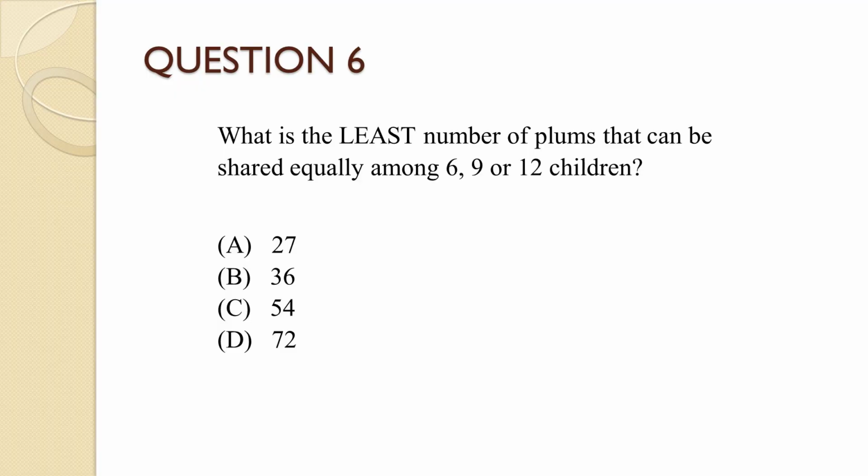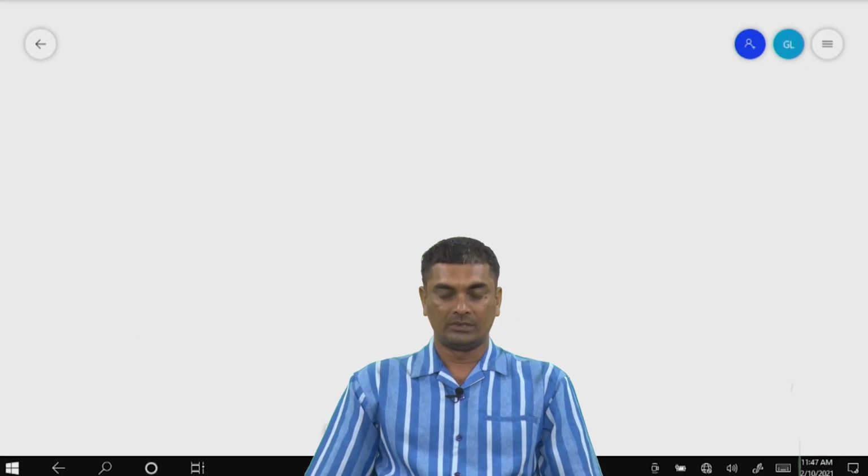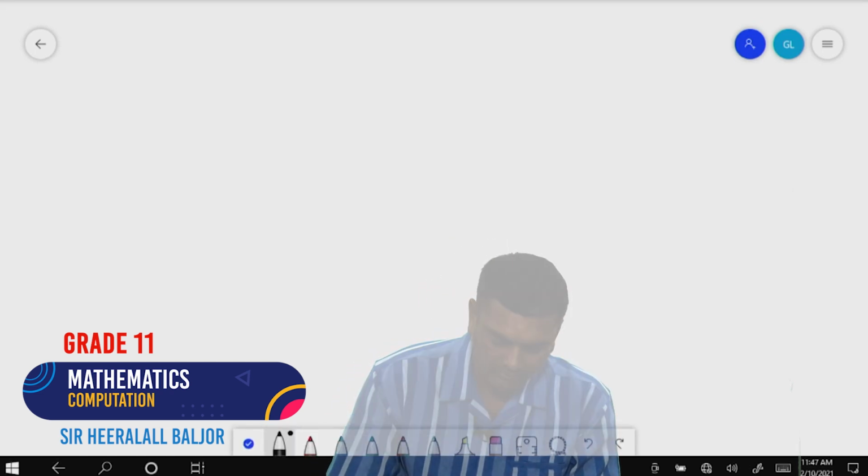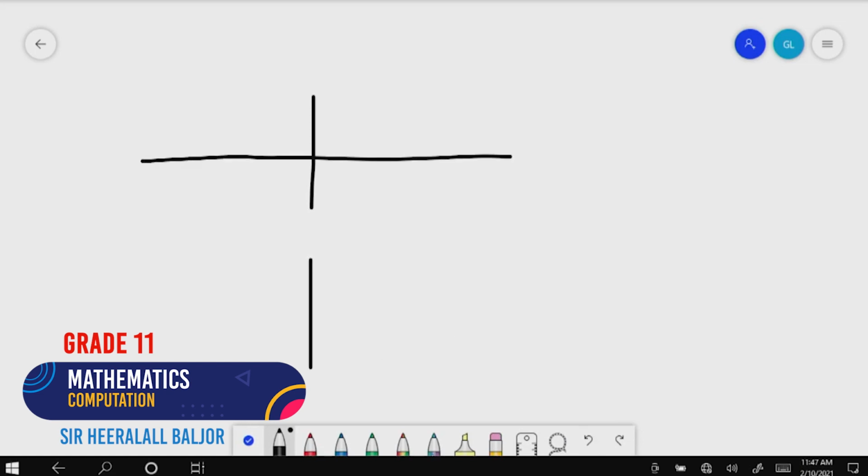What is the least number of plums that can be shared equally among 6, 9, or 12 children? The least number of plums would have been to find the lowest common multiple among 6, 9, or 12 to see which is that number that can go among the 3 of them. So, to find the LCM of 6, 9, and 12,